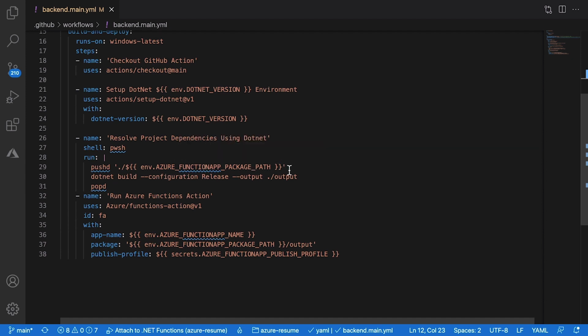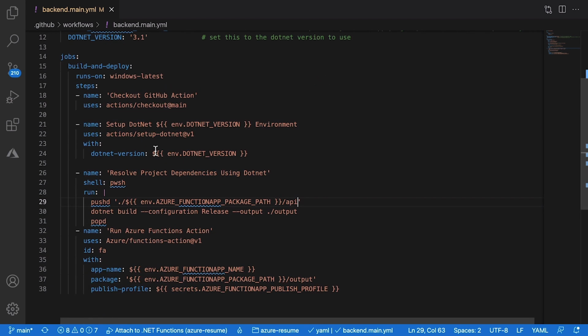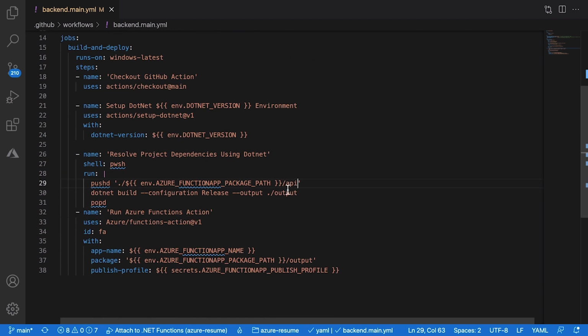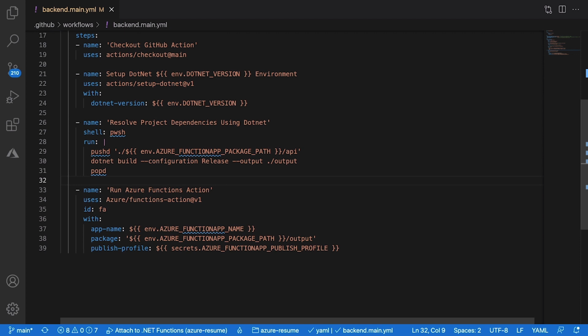Except here we're going to have to add API because remember our function lives in the API folder inside of the backend. So remember we're telling it to run from backend. So we'll have to make sure it goes into the right folder, right? /API configuration. Yep, that looks good to me. Now we need to add one more job though. And we're going to call this